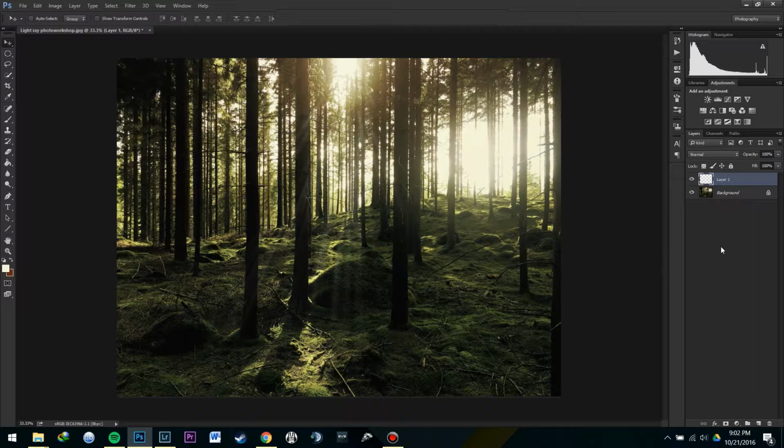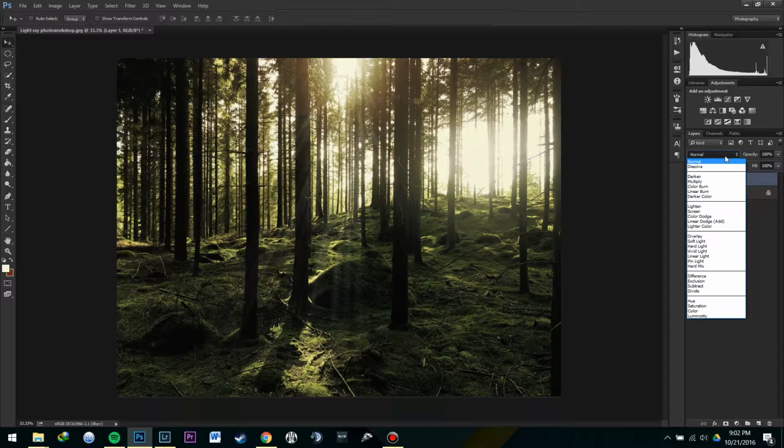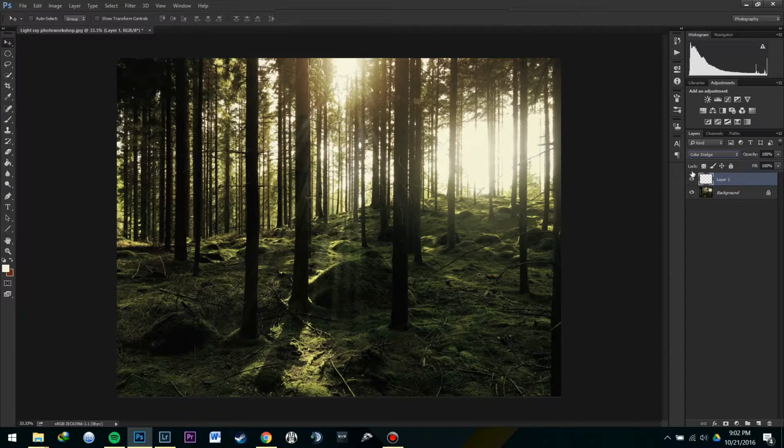Okay, and then at this point, we can always change around with the opacity a little. If we feel that it's too strong, we can lower it, do stuff like that. And then also, we have our blend modes here. Our blend modes are a very powerful tool in Photoshop. Just for the sake of this tutorial, I'm going to just do a color dodge. Color dodge will give us some nice color. Okay, so at this point, after we have our blend mode, and we mess around with the opacity the way we'd like it to be,